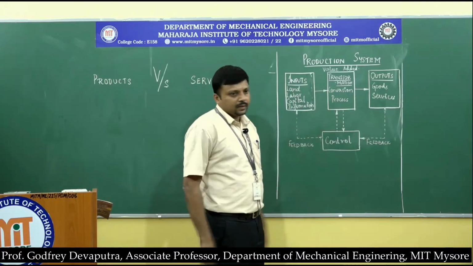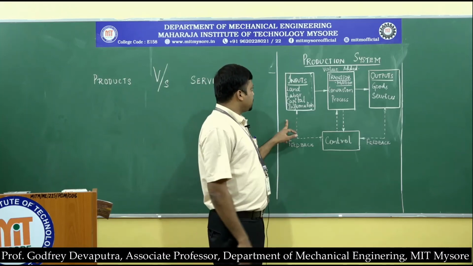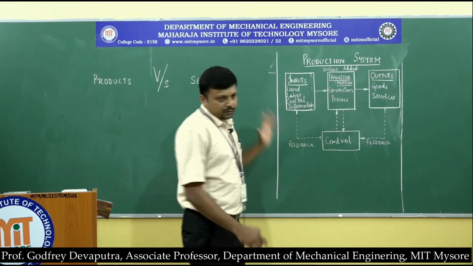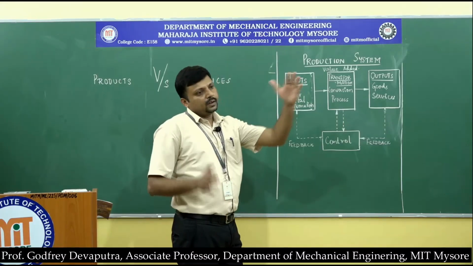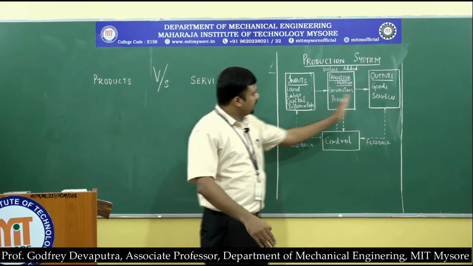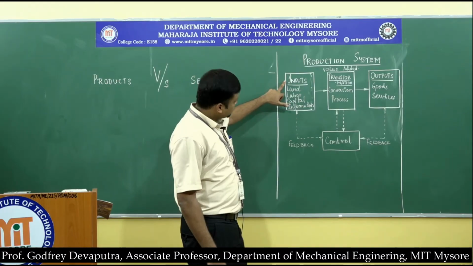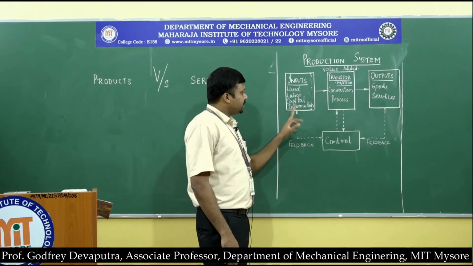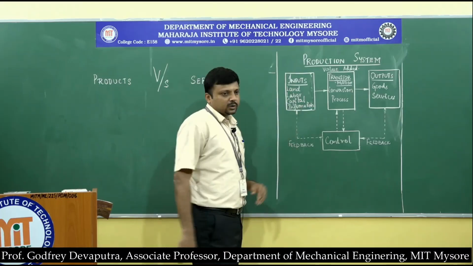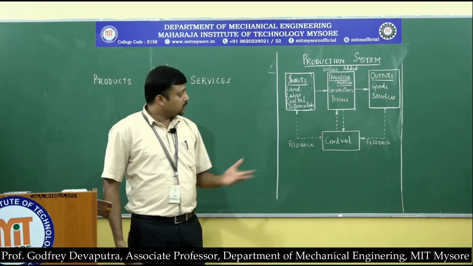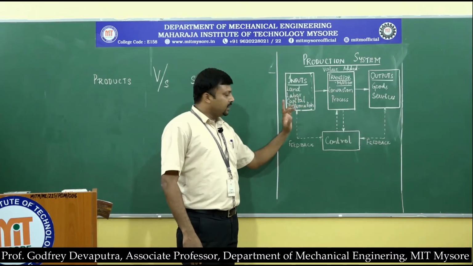This is one of the diagrams that can be used in order to convey this particular information. We are going to have inputs for any kind of system that is transforming from input to an output. Obviously, you are going to have certain kind of a linkage. Here, in the case of inputs, we are going to have land, labor, capital and information. Okay. So, managing these is fundamentally very important. You are supposed to have a sufficiently built-in system to manage land, labor, capital and information.